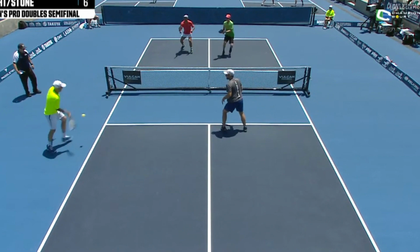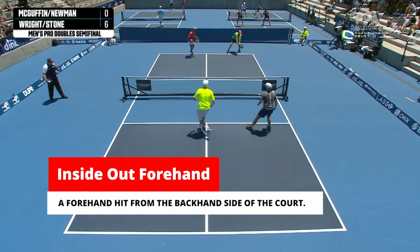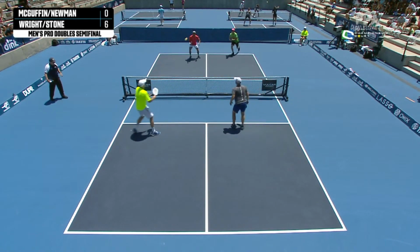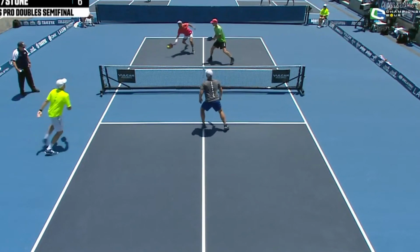Now, Matt Wright is interesting. He really likes using that inside-out forehand. Look how far off the court he is. Now, why does he do that? He's got a great backhand. Why would he go so far to play a forehand? Well, it's because he can put more topspin on the ball with his forehand. He's got more options. And you can see here that he's able to put enough topspin on this ball that